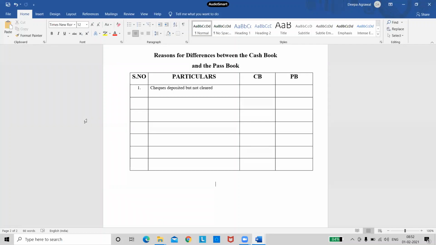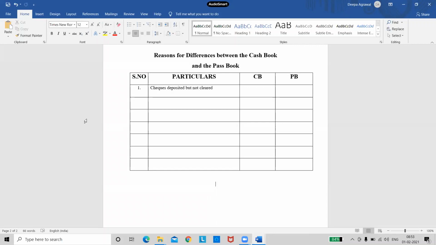So when I receive a check from Mr. X, I will enter in my cash book that I received a check and I will take this check and deposit it in the bank. So I am recording in my cash book. But when will the banker record? It takes at least 2 days for the check to get cleared. Once we put the check in the bank, it will take 2 days for the amount to get credited in my account. So the banker will record the entry only when the check is cleared.